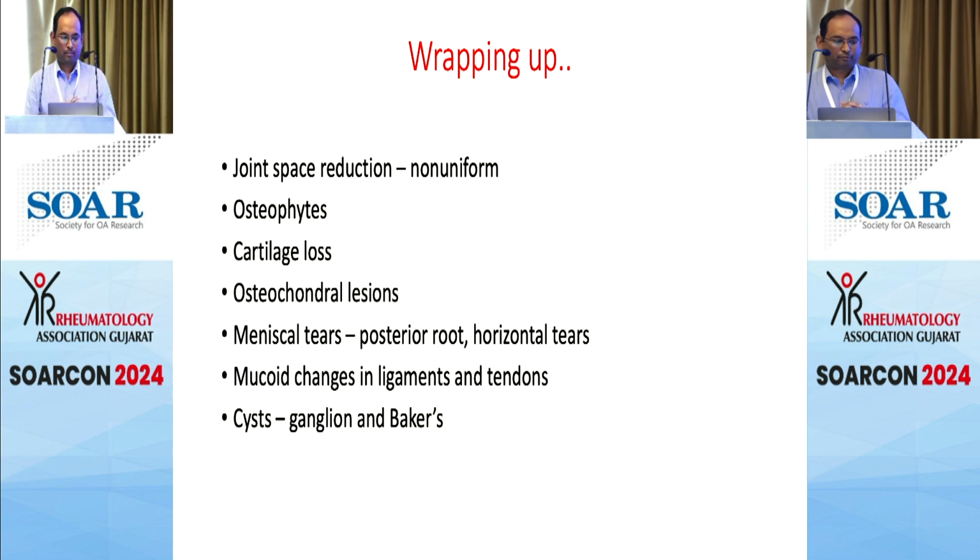Wrapping up, the common findings which we see in osteoarthritis are joint space reduction, which should be non-uniform rather than asymmetric. We see osteophytes, cartilage loss, osteochondral lesions, meniscal tear, mucoid change in the ligaments and tendons, and